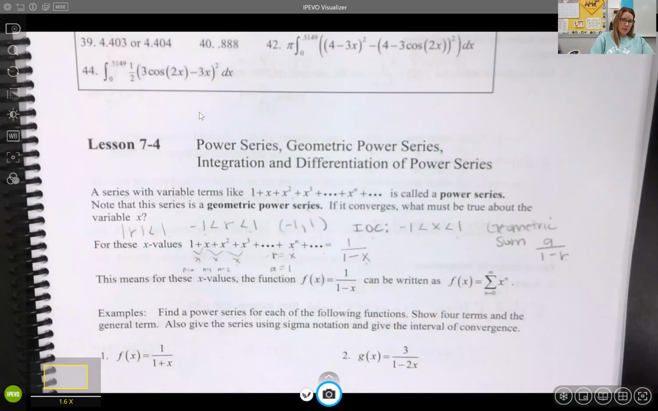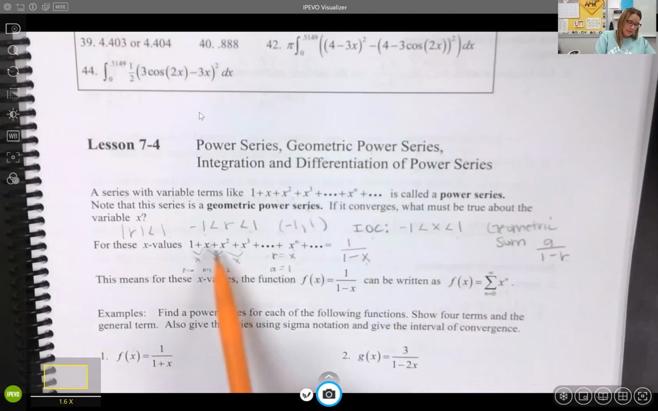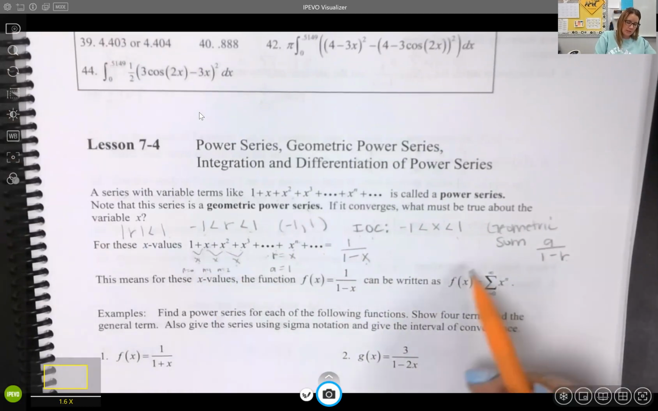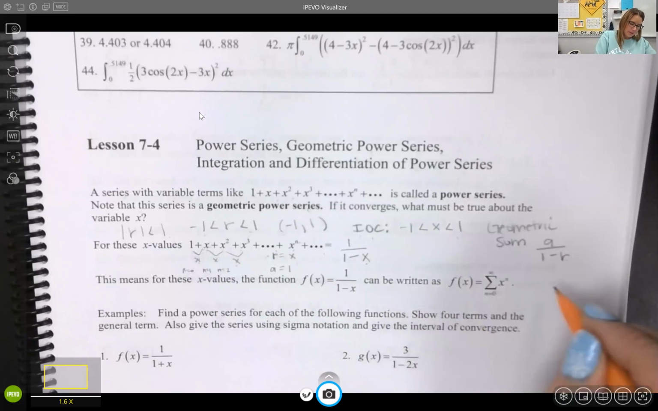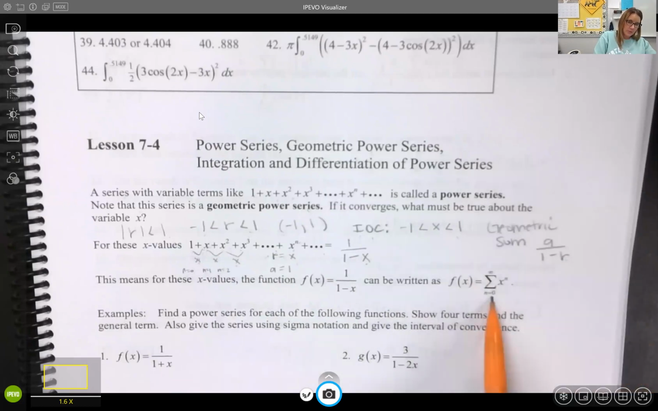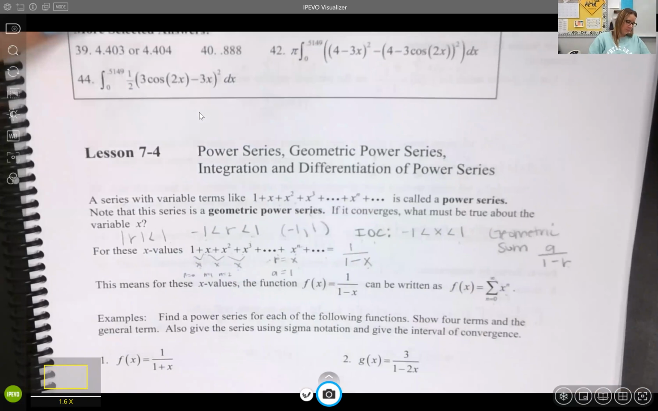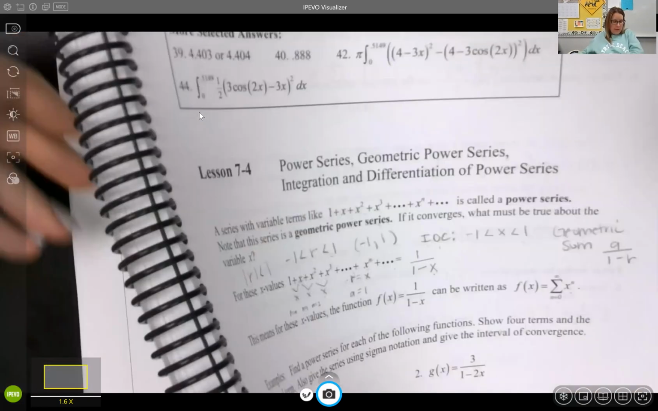Okay, so remember when we add things together, we use sigma notation. Okay, so sigma notation, this is going to start at 0. My equation is x to the n, and I'm going to infinity. So we're going to do this for some different examples to come up with these different power series of these functions, okay? All right,